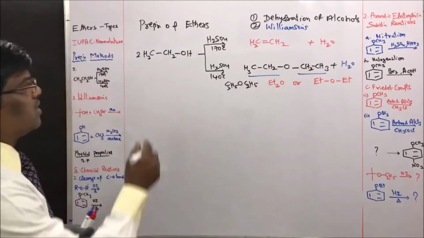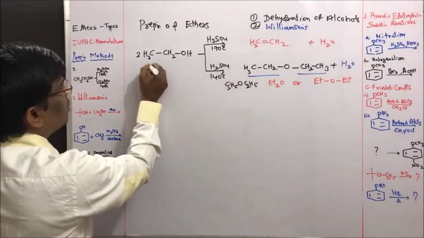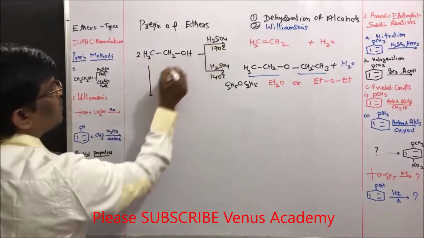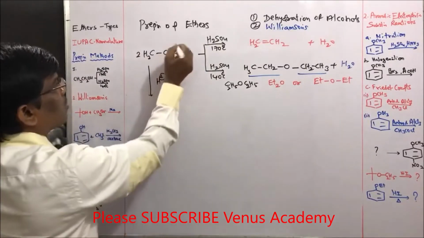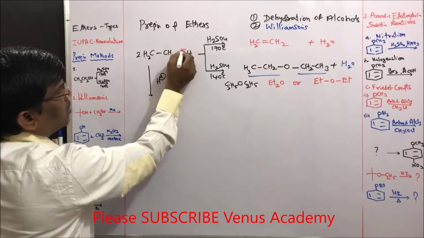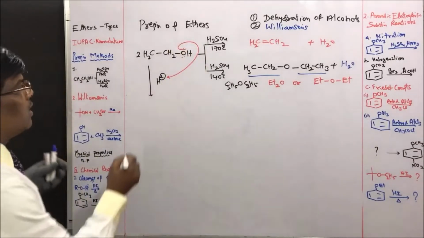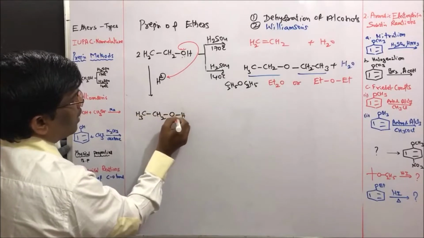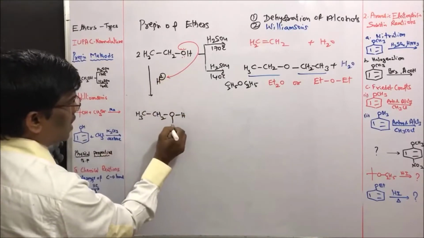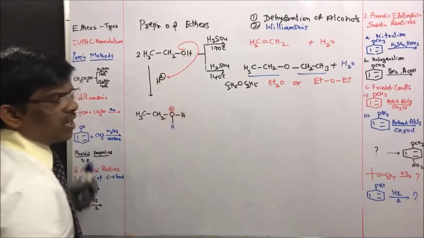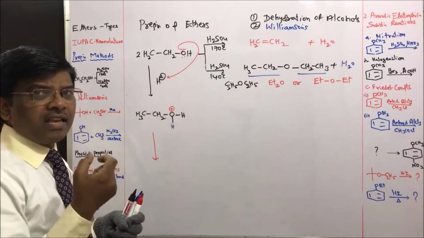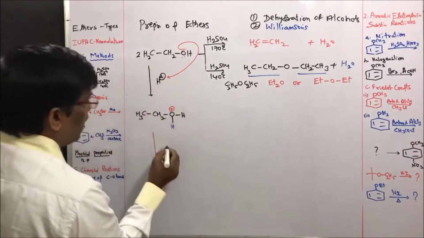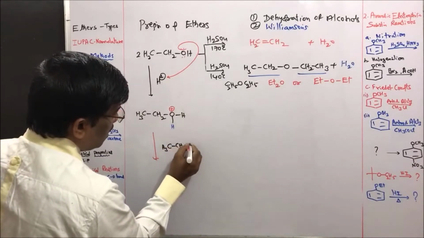Yes students, so what is the mechanism? How is it going to form diethyl ether? Since we are using H2SO4, it is giving H+ ions, and we know that the oxygen is going to have a lone pair of electrons. So this alcohol is going to take up a proton to give CH3CH2OH2+. Hydrogen already is there, a new hydrogen has come here, and now what is the charge? Oxonium ion. Under SN2 reaction conditions, bimolecular nucleophilic substitution takes place, where